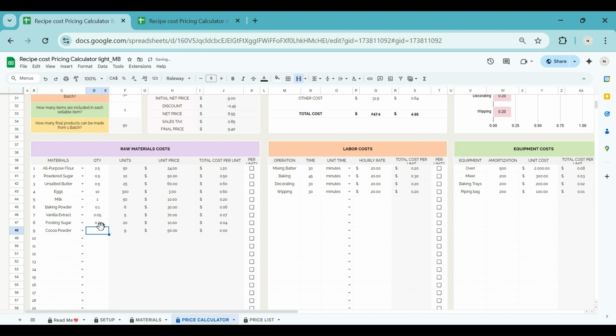Then I will add the quantity. So let's say I need 0.5 kilograms. And again, as you can see, all the gray columns are automated, so you don't need to enter any information. The unit cost and total cost are calculated automatically. So once you have entered all the information about your raw material cost, you can now enter all your information about